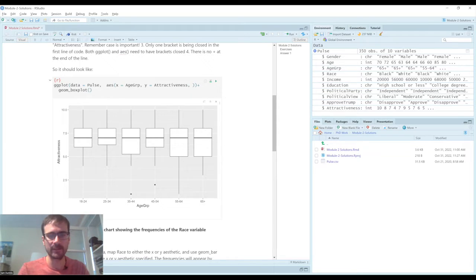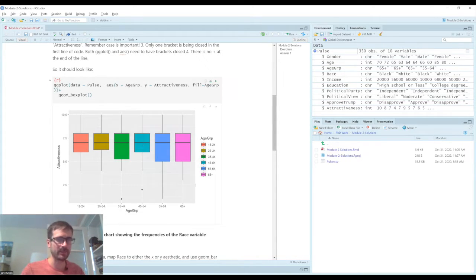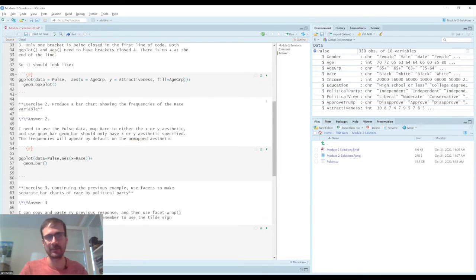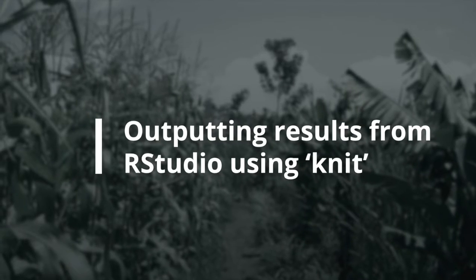So we want to bring in some color, so put fill based on age group perhaps in there. And if we press that run button, it will now update the plot, and we see our colors nicely appearing. And as long as when you're writing code, you're keeping together your chunks in simple format, so you have one chunk for one task, if you like, and then you're explaining outside of the chunk what's going on, why you're doing it, and how you're doing it, then the possibilities of using R Markdown files become even nicer because you can create nice knitted output.